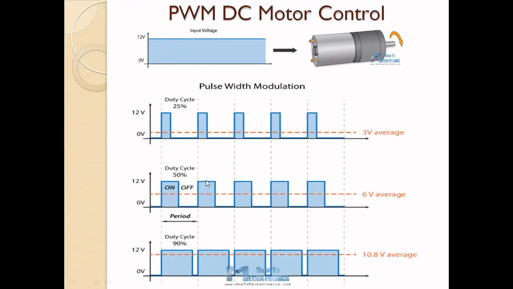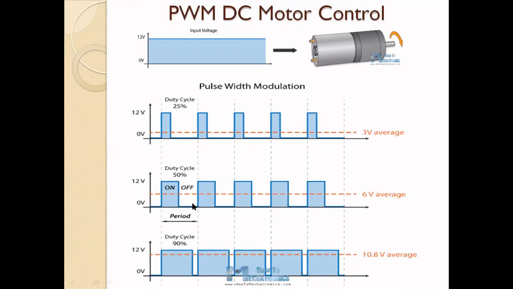Next, I am going to give you a duty cycle of 90%. Take this as the pulse. A pulse consists of one on time and one off time. This is called the on time and this is called the off time. The total time is called the period. Say this period is 10 seconds. So for 5 seconds you get a positive pulse, and for 5 seconds you get a low signal, 0. 5 seconds on and 5 seconds off.